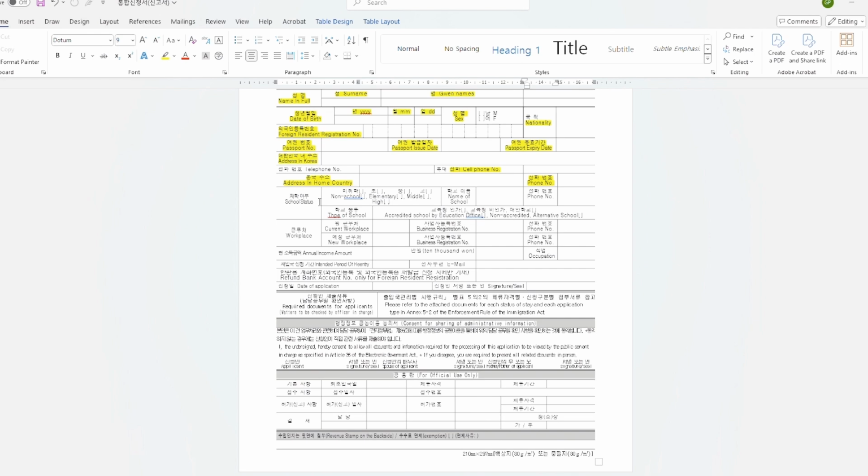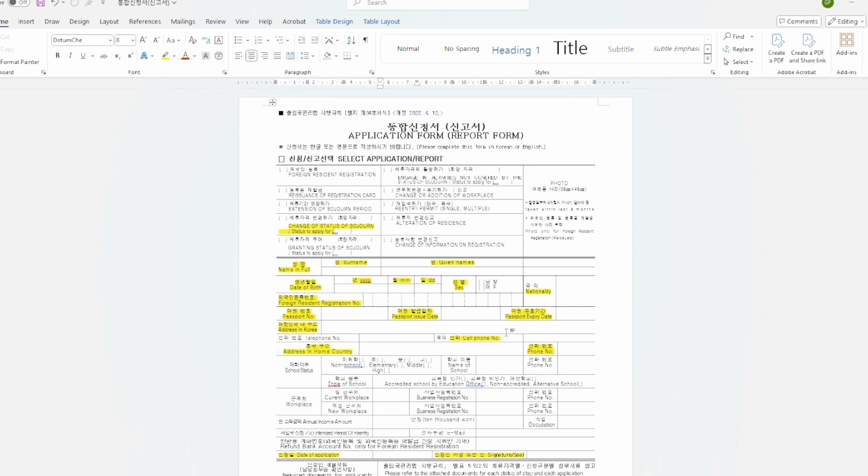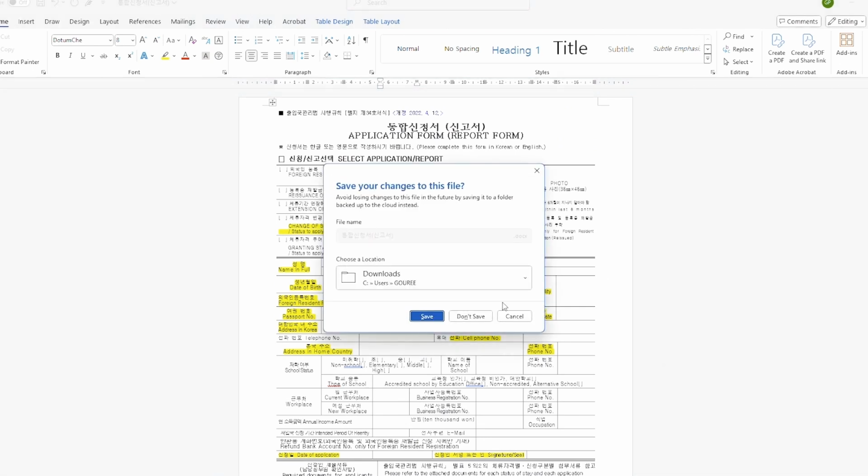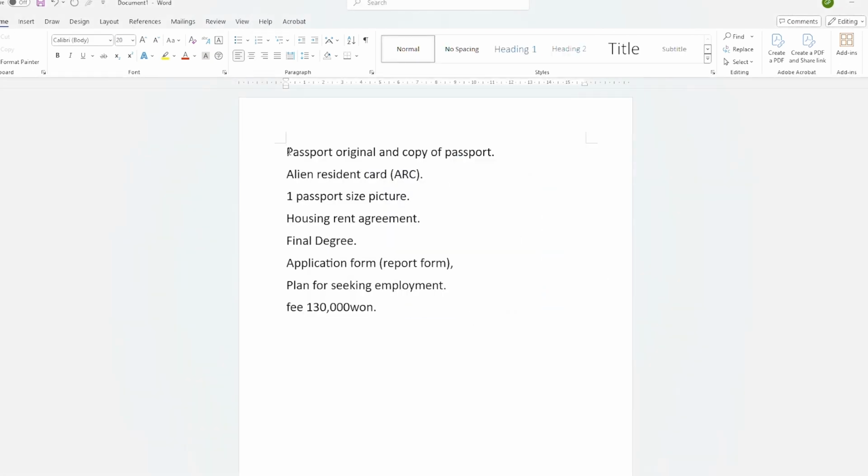You don't have to fill out workplace, school status, anything. You can just go down, date of your application, your signature, and then applicant and your signature, and done. That's it. But if you are living here with your spouse, then you can write your spouse's details and their signature, so it will be good. Their visa gets extended too. These are all the important things you have to fill out for your form as well.